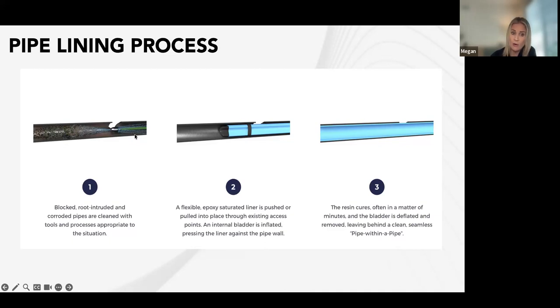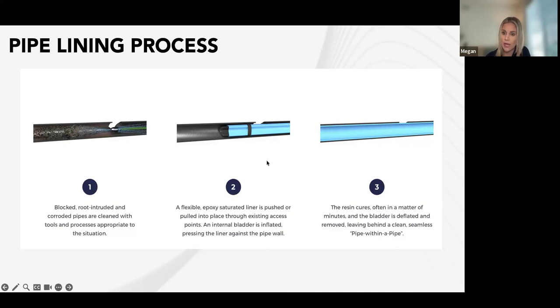So that would be the camera inspection, mapping it out, making sure we have all of our access in place. Once that's all good to go, we'll do the cleaning, which I just showed you the different steps that we take. We might do a combination of mechanical and hydrojetting. Our goal is to bring that pipe to its original diameter. And so we're removing all the buildup, any roots that may have entered the pipe. Basically, we want to open it back up and get things completely clear before we can install the actual liner.